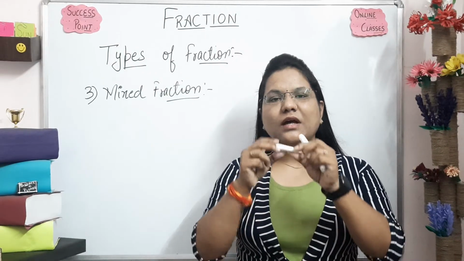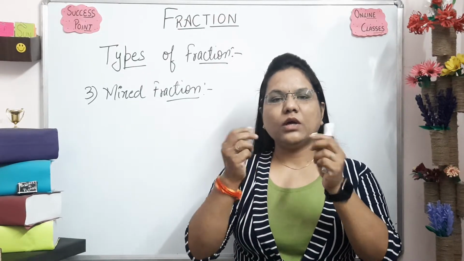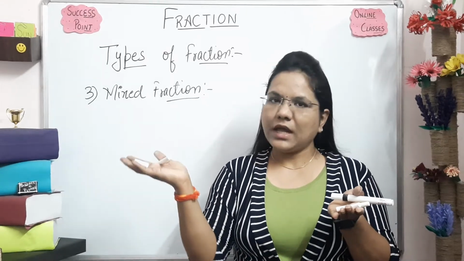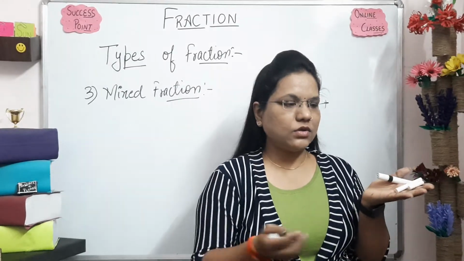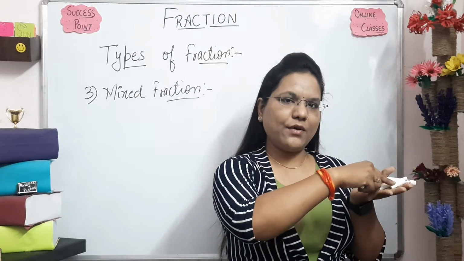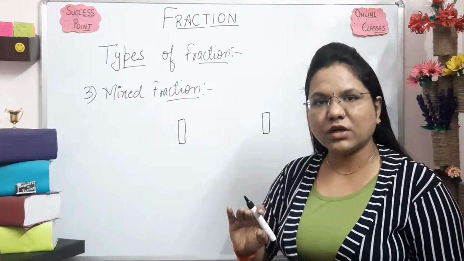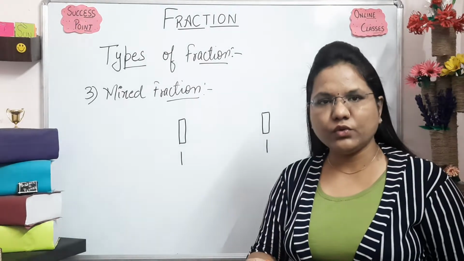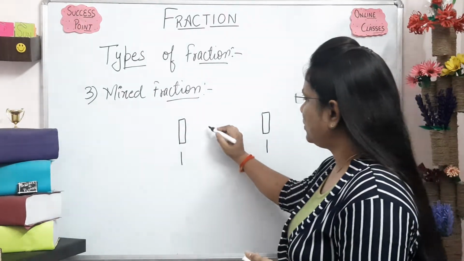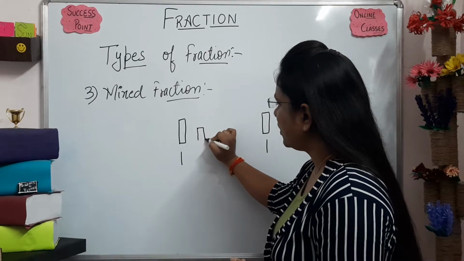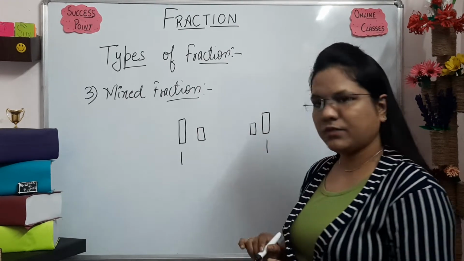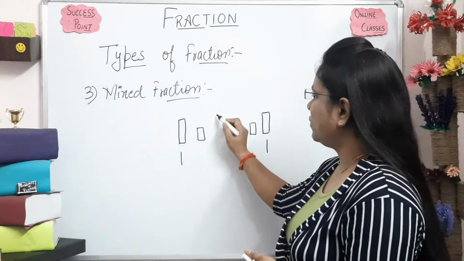Take this chalk and break it into equal parts. Now how many chalks do I have? 1 and a half. And this side also 1 and a half. I have 3 chalks totally now: 1 with me, 1 I give to you. Now we want to check the half chalk. Half chalk will be like this. Already it is 1 chalk.